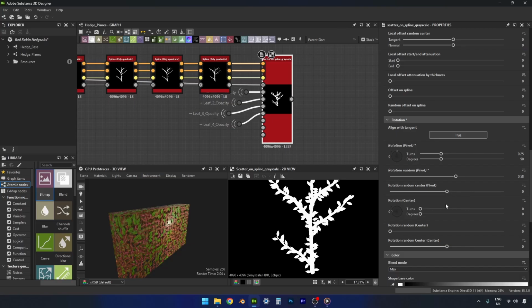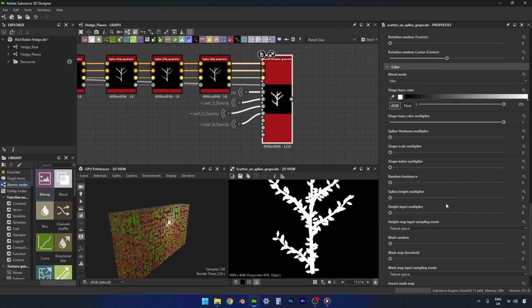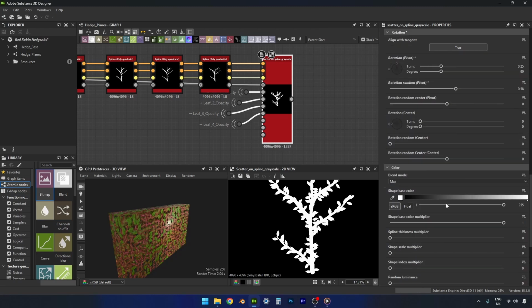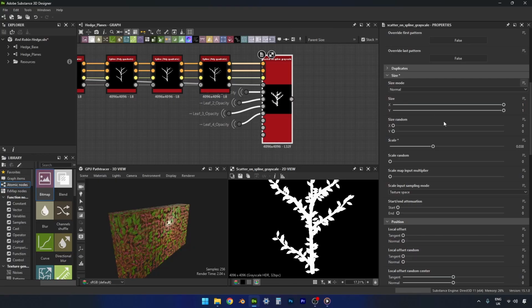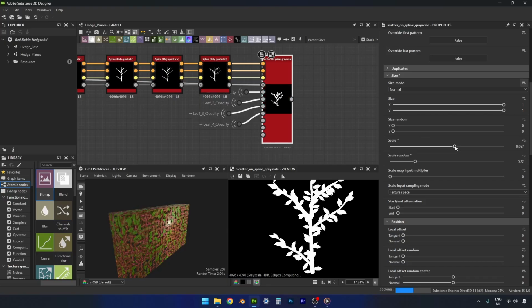Okay, so let's go and turn the scale up some more. Scale. Here we go, under size. Let's give it some more scale. And then let's give it some scale random as well, which will make some of them smaller again. Actually going to make these quite a bit bigger. Something more like that, looks a bit more realistic. A little bit more scale random. Yeah. Okay, and then